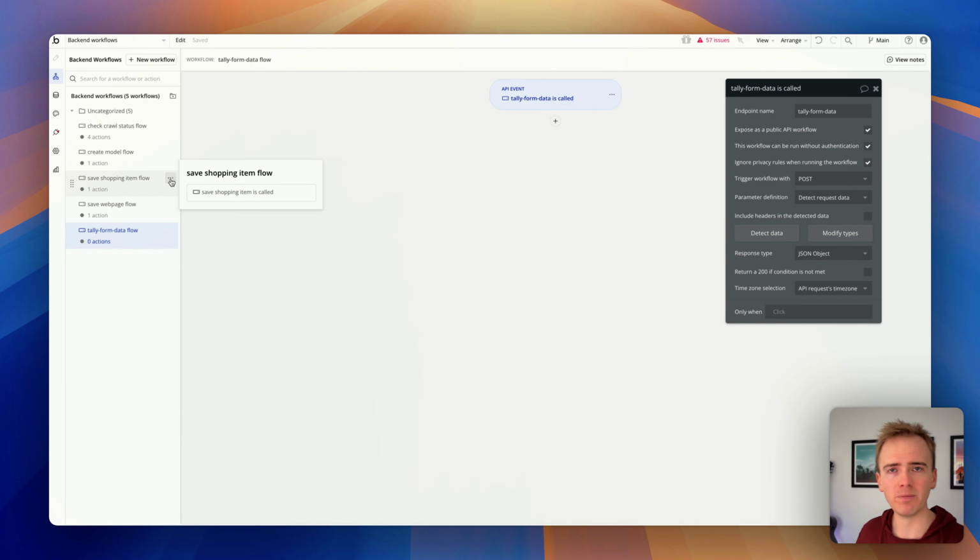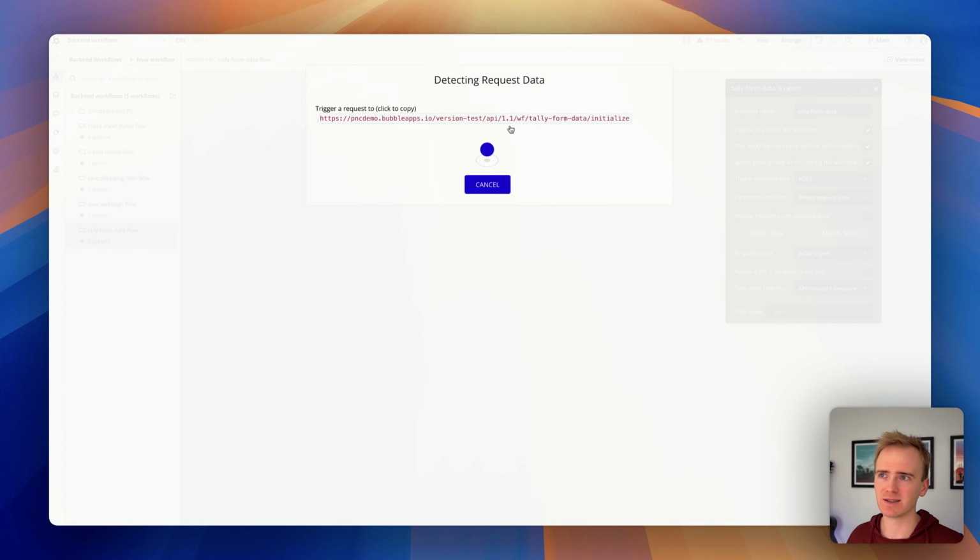Now I've forgotten one bit, and in part 1 I did say the advantage of using a third-party form builder like Tally is that if you want to make a change to it, it can often be easier than going back into, say, a single page called onboarding in your Bubble app, where you could have 20 different groups, and you're showing and hiding different groups depending on what data the users input. That can just take a long time to readjust as your MVP develops in your mind. Now the disadvantage is that we basically have to redetect the data each time we add